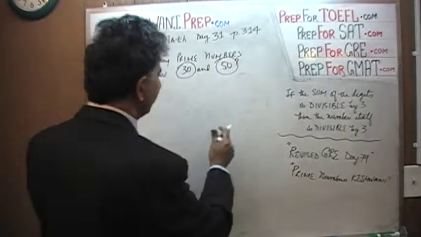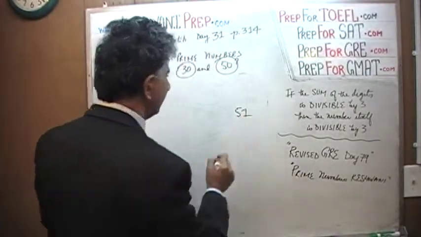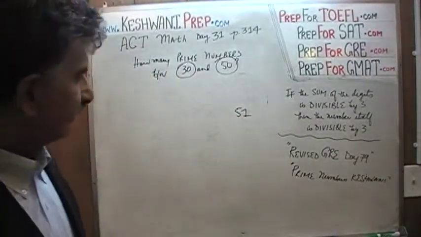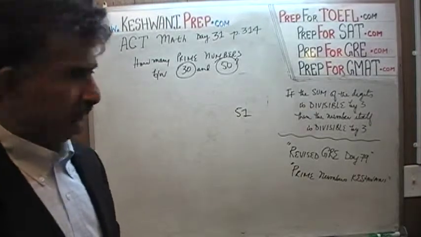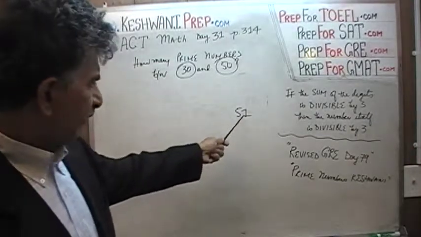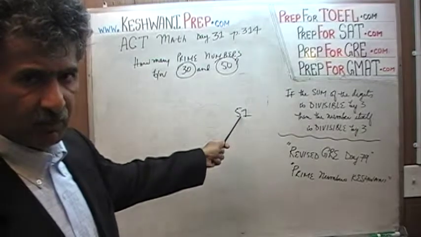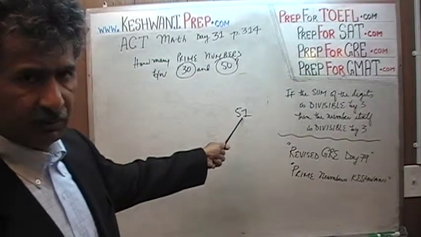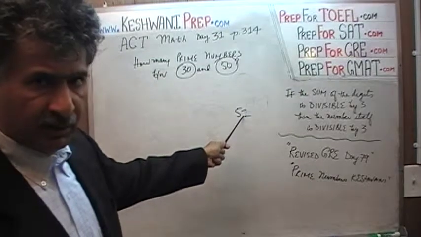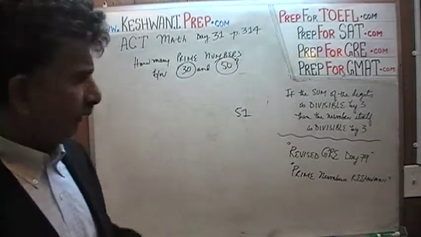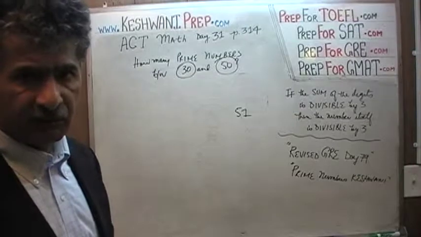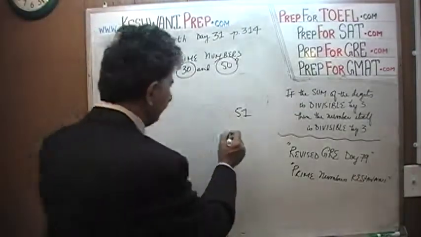The classic one is this. I don't know why, but many times students think that 51 is a prime number. 51 is not a prime number. It's very easy. 5 plus 1 is 6. The sum of the digits of 51 is 6. Since the sum of the digits is divisible by 3, 51 is divisible by 3. How can 51 be a prime number? The sum of the digits is 6. If you were to divide it by 3,